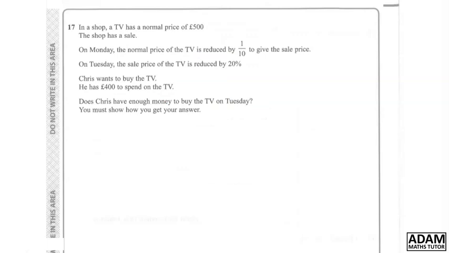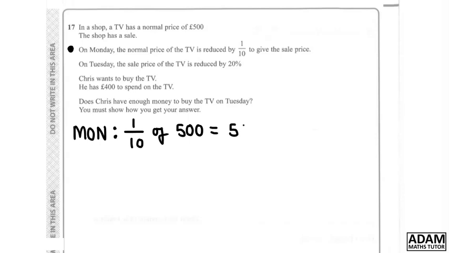Question 17. In a shop, a TV has a normal price of £500. The shop has a sale. On Monday, the normal price of the TV is reduced by 1/10 to give the sale price. So 1/10 of 500, divide by 10, and that would be 50. And this was taken away from the cost. So 500 take away 50 is equal to